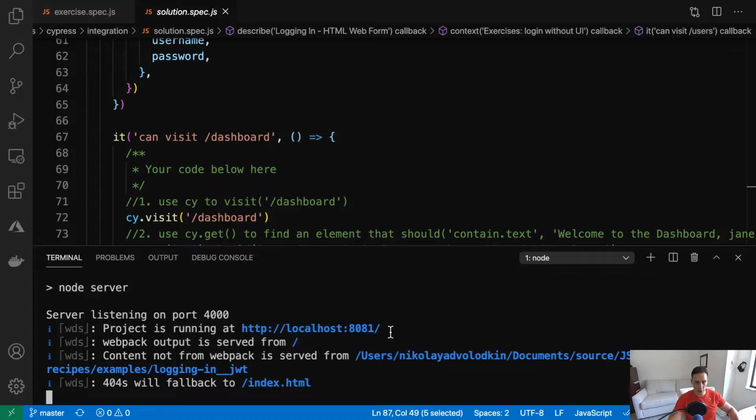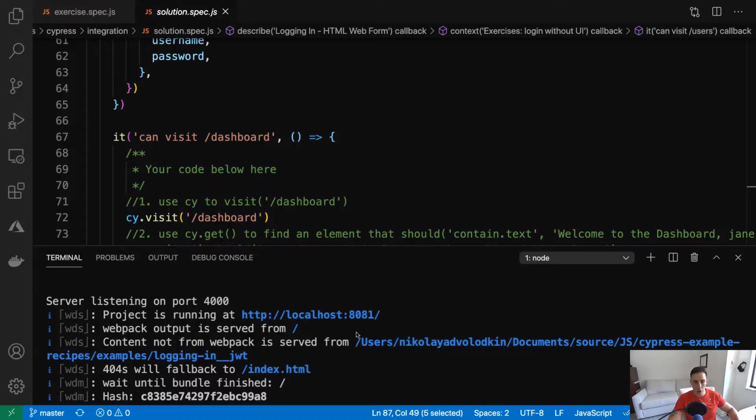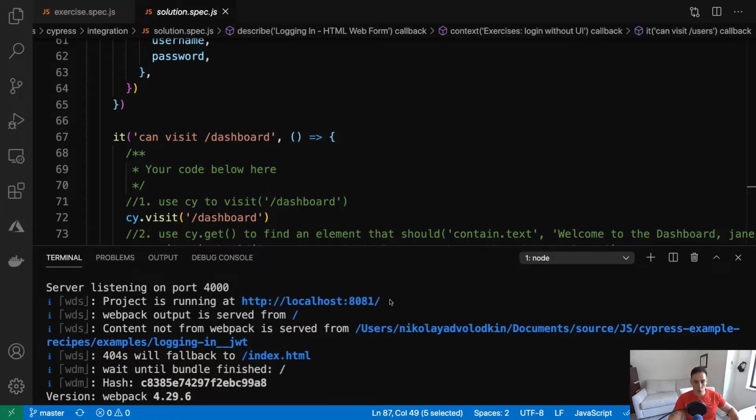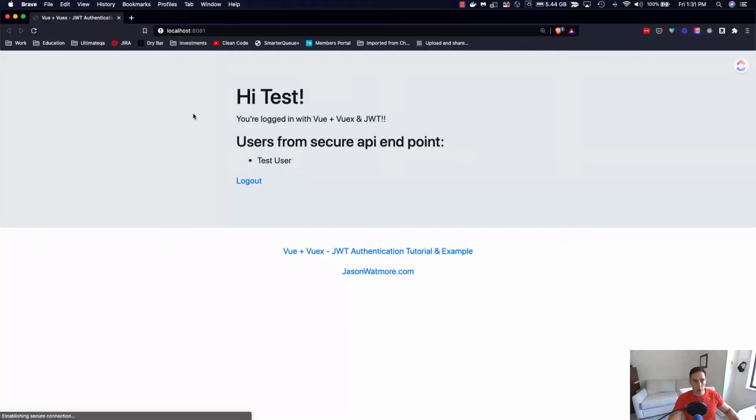So we're pulling stuff up here. So we have our project running on 8081. Okay, and the server is listening on port 4000. So there's a web UI and the server, okay? And so then if we open this up, so here's our little